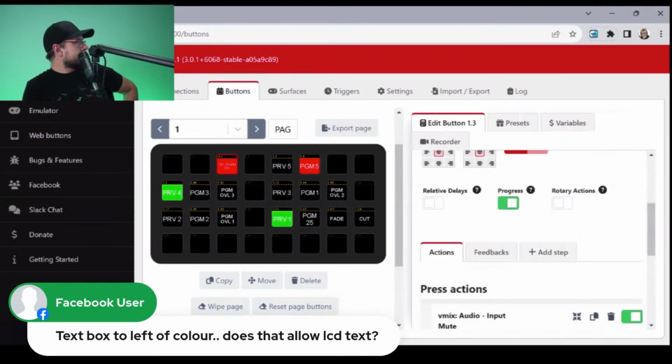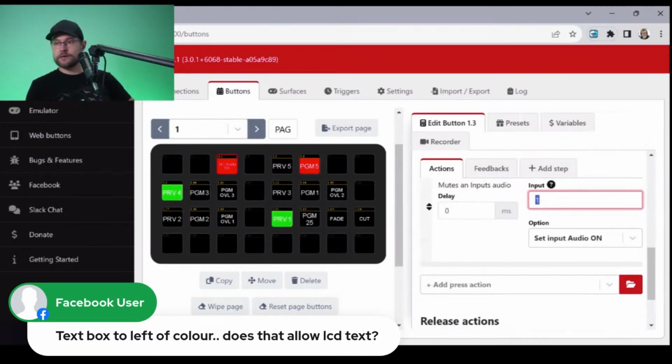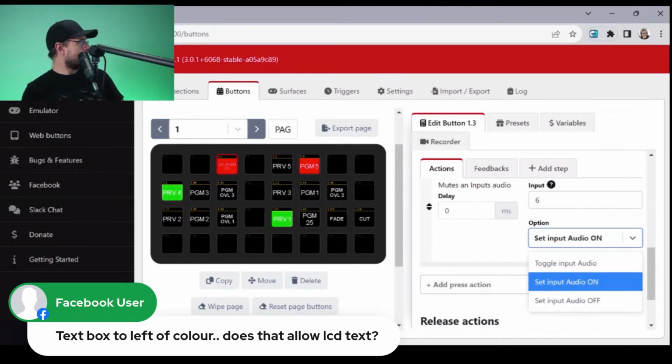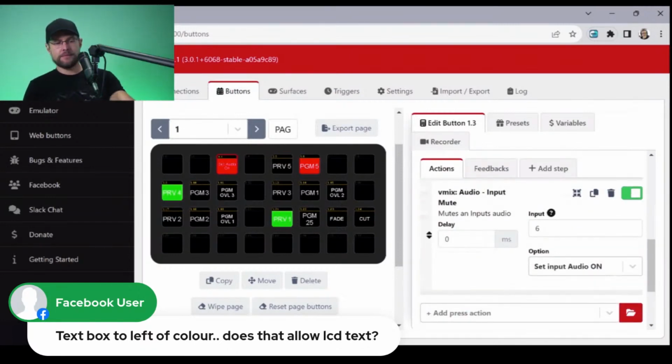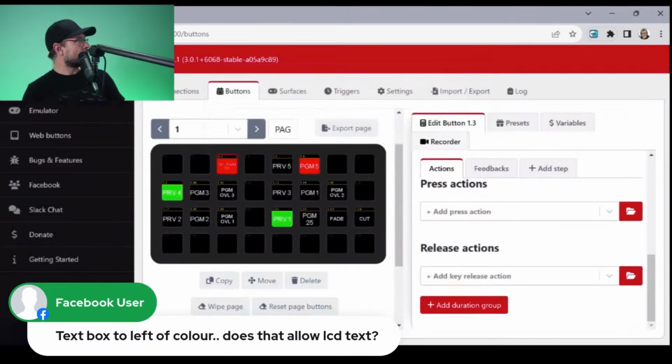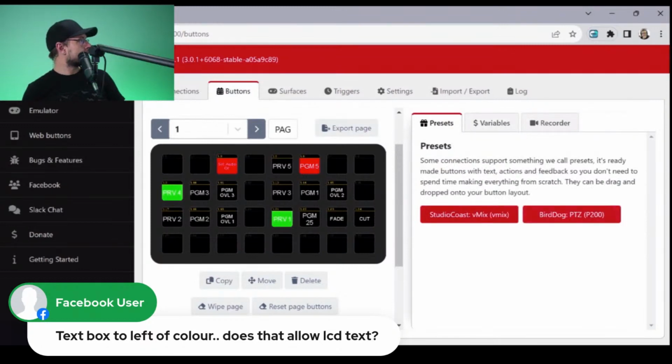And this should be input number, what did I say, 6? Yes. Input 6, option. Now the only problem is, it's not a fade. I want to gradually, so that's not the action I want, I don't think.